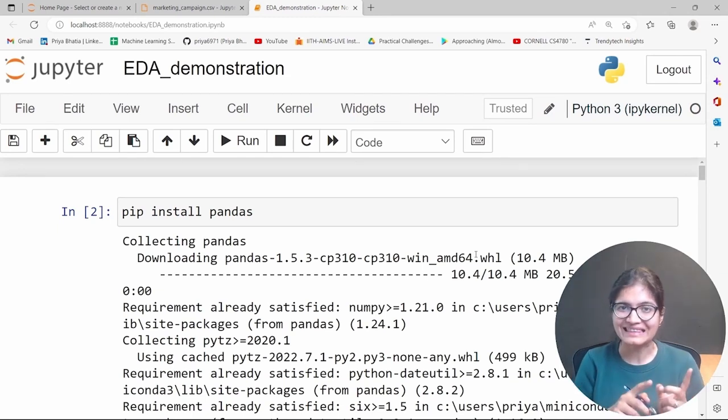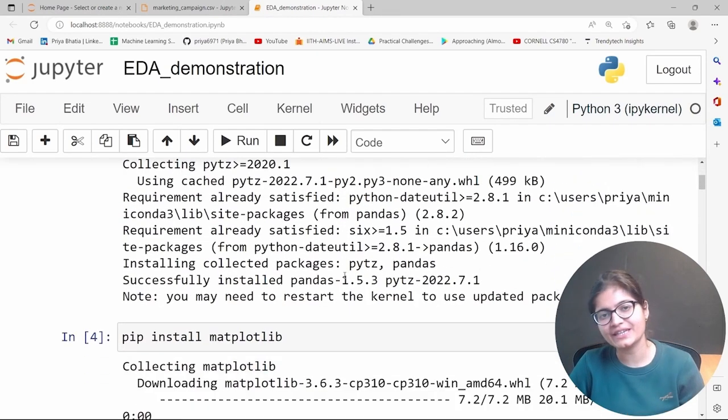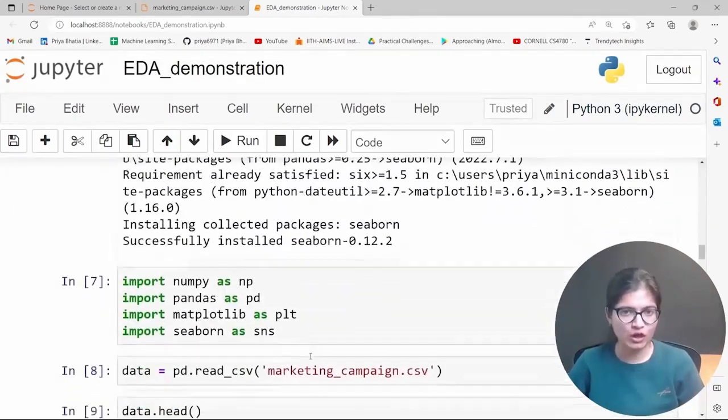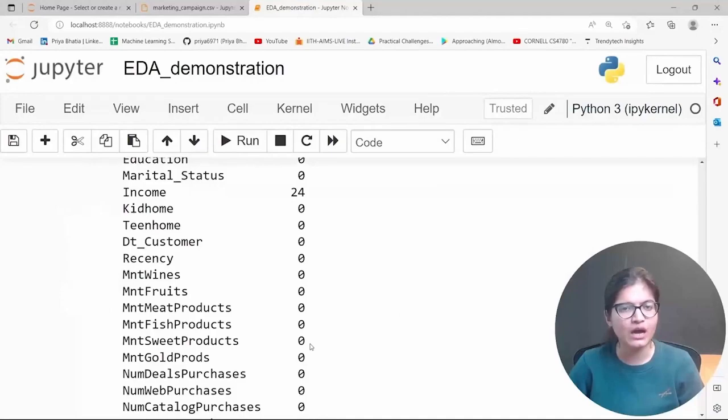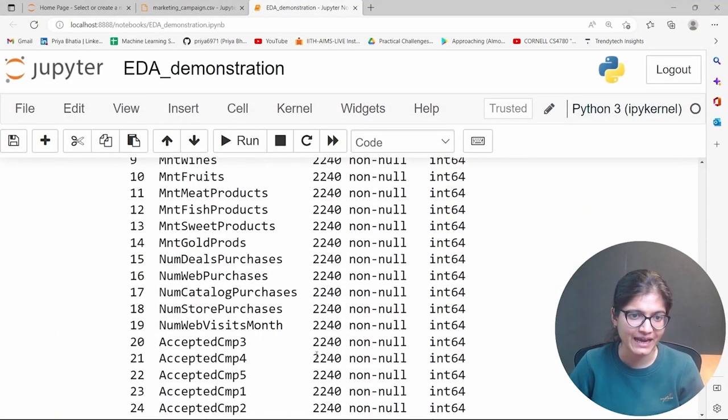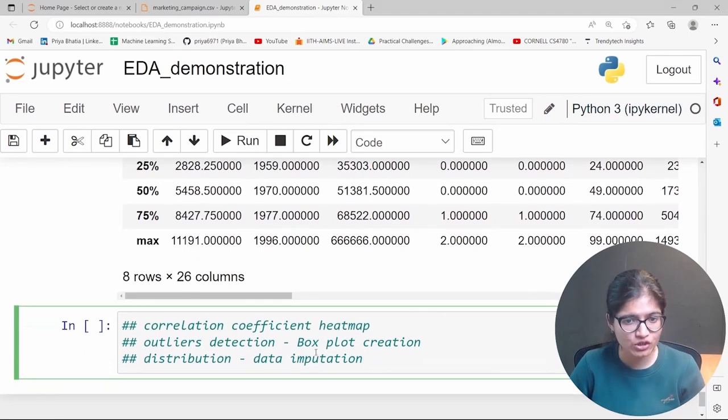By the way, I'm giving that file as well in the resources, but please don't just refer to that file. This file I will also give you with respect to the EDA demonstration. Try to do more on top of this file itself, where we now know how many null values there are, which column indicates what data types, and what the description of our data set is.